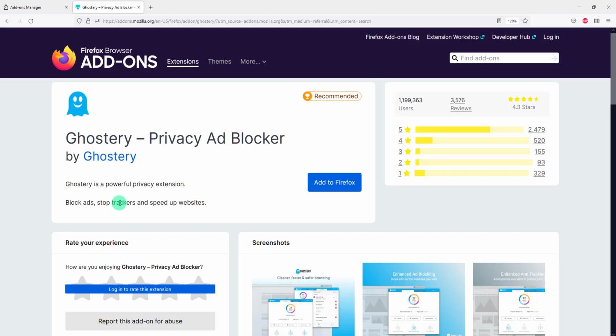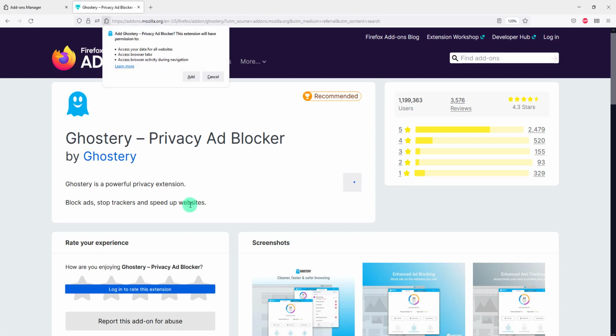Perfect. Now, to get started, click on Add to Firefox. Give it a couple of seconds for the add-on to download.